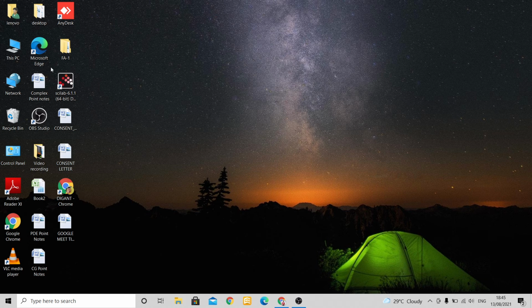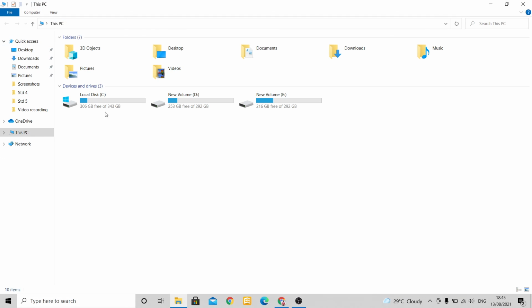Then we have some shortcut programs, right? What are shortcut programs? See here, you can see this small arrow, right? Here you don't have any small arrow, but here you have a small arrow. So wherever you have these small arrows on the icons, these kinds of icons are called shortcuts, right? Then we have this computer icon on the desktop. As soon as I click on this, this program will open, and in this window all the files and folders which are present on your computer are displayed.